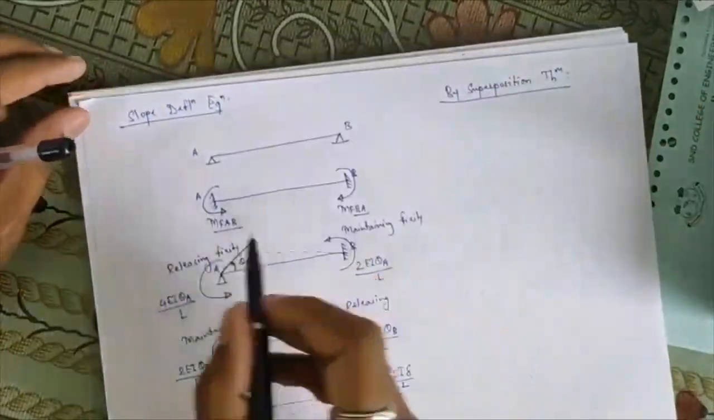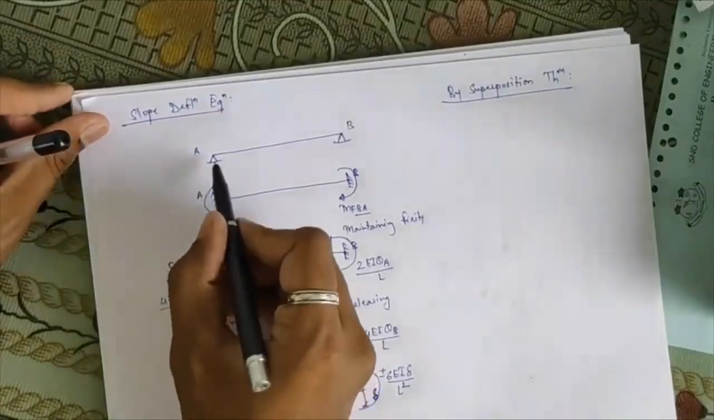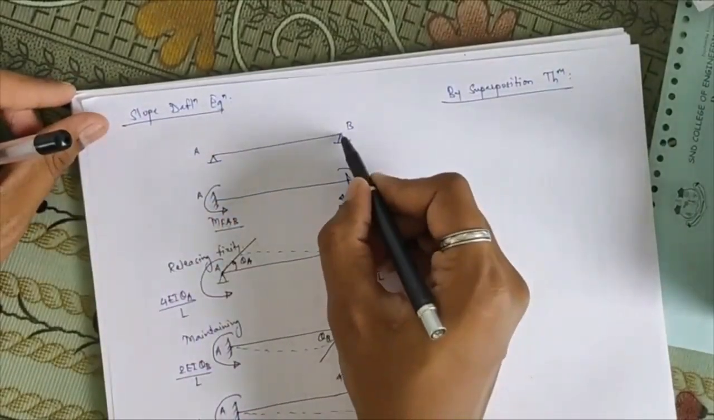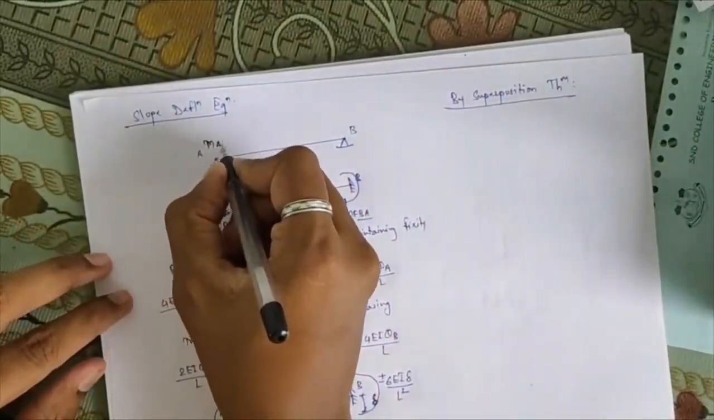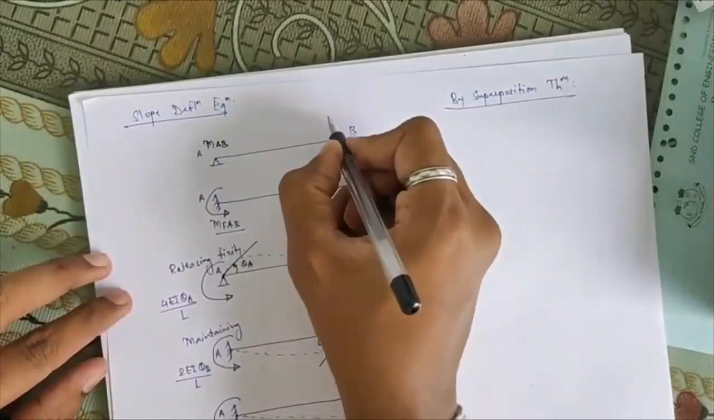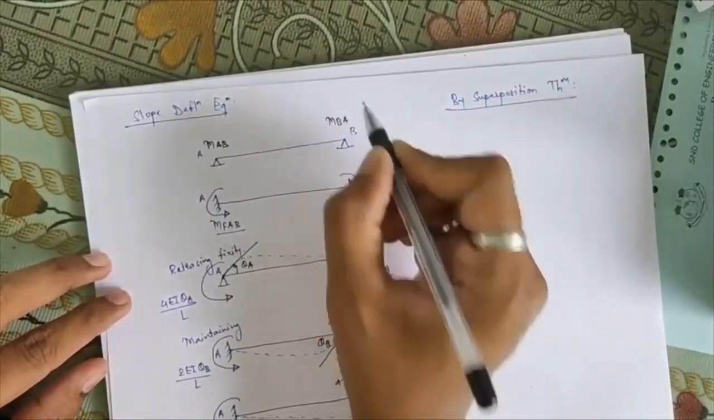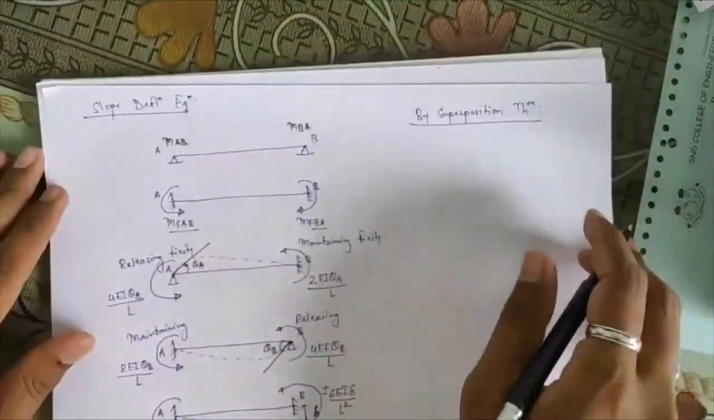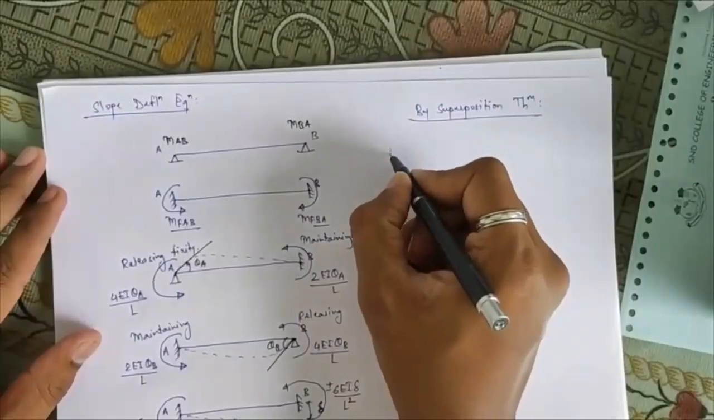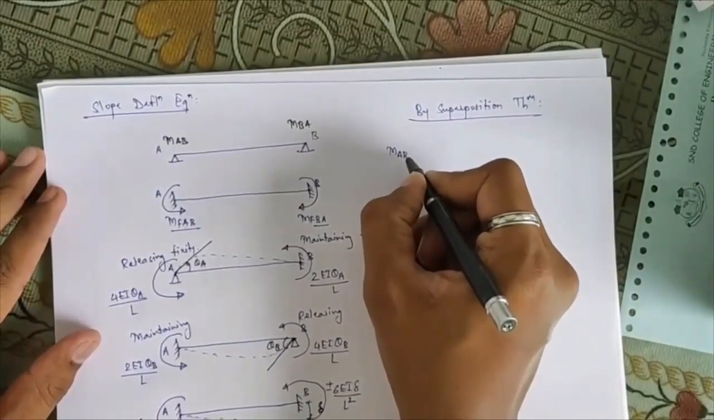Okay, what I have to do is find the final moment equation at joint A and the final moment equation at joint B. Suppose the final equation for joint A is MAB, and the final equation for joint B is MBA. By using the superposition theorem, MAB will be equal to